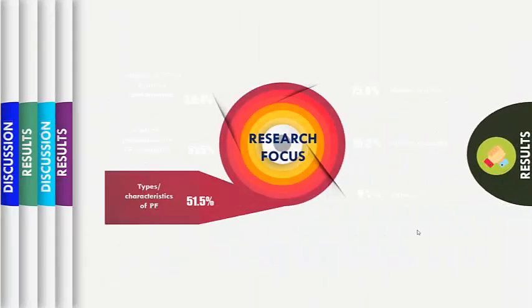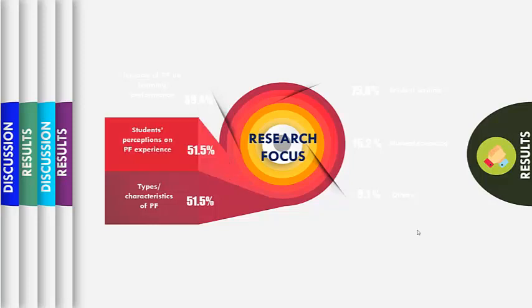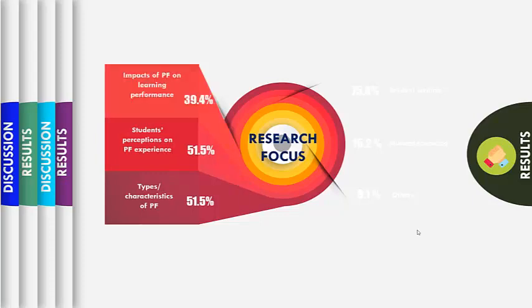To answer the first research question, which is concerned with the research focus, the aims, research objectives, and data analyzed by these studies were reviewed. As you can see here, the 3 most productive strands of technology-supported peer feedback studies are centered around the different types or characteristics of peer feedback, students' perception of peer feedback experience, and the impacts of peer feedback on students' learning performance. Besides, in terms of classroom context, it was found that